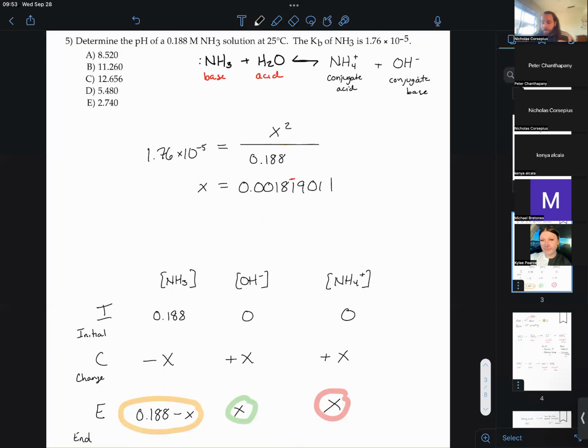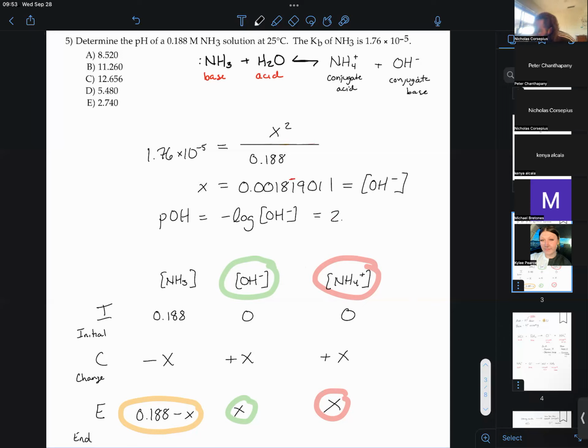And importantly, this is where I think the easiest place to get caught up is forgetting what X is. What did we solve for? X is the concentration of the hydroxide ion, as well as the concentration of the ammonium ion, right? And the one that's going to be important to me in order to calculate the pH is that hydroxide ion concentration. I can get the pOH by taking the negative log of that hydroxide ion concentration, i.e. take the negative log of X. That gives me my